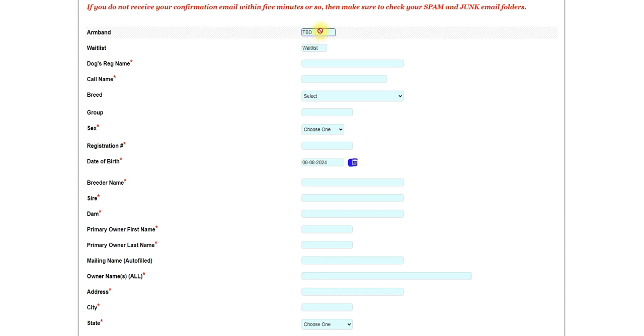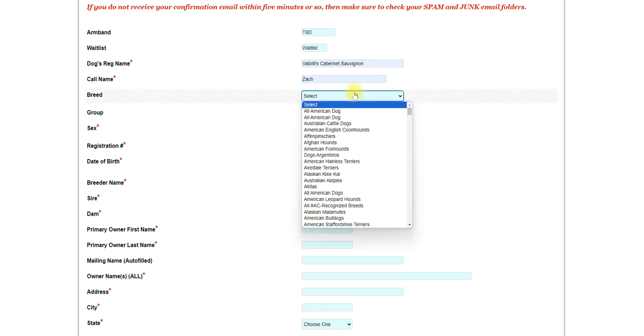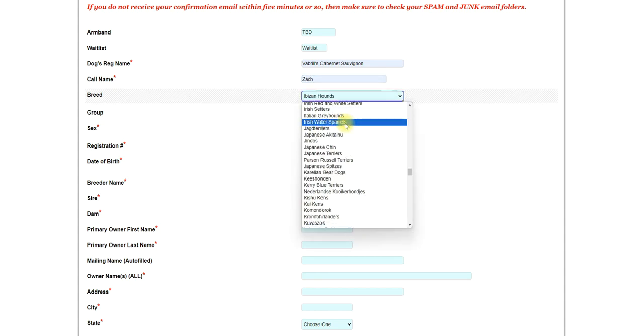TBD is to be determined on the armband, and an armband will be assigned to the waitlist, so all we have to do is turn on the entry if it actually becomes available, the element in class. So we'll put in the dog's name just like a regular entry form. Zach, and breed is Irish Setter, and